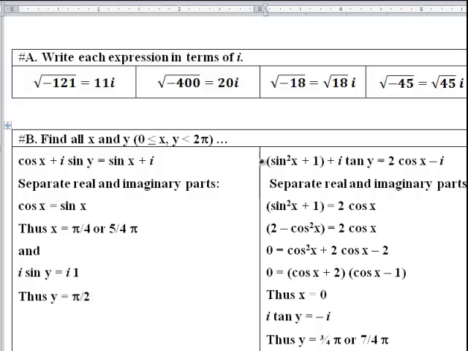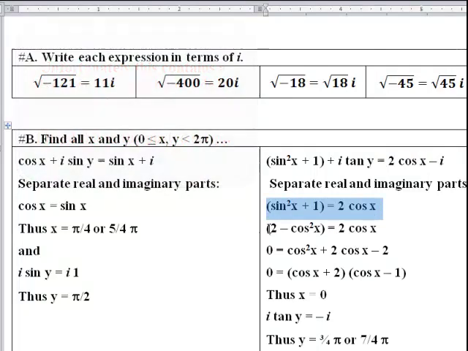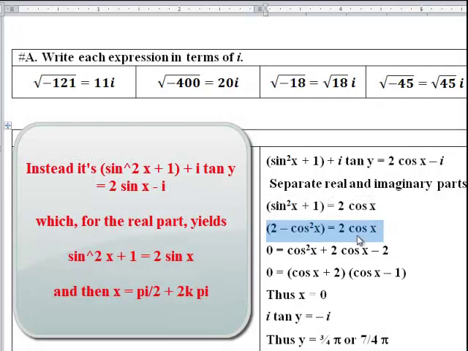Okay, a little bit harder here. This entire expression, again, the real part, sine squared x plus 1 has to equal 2 cosine x, and here it is. Use the Pythagorean identity so that I deal only with one trig function in order to solve that. So I have the cosine squared and the cosine. Rearrange, looks like